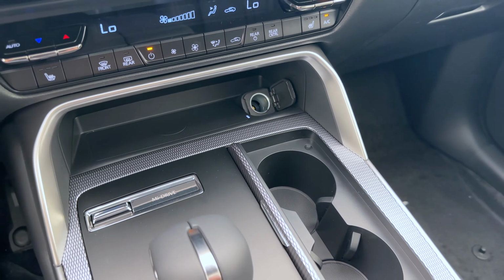This right here will turn on all the lights in this SUV. This button right here will keep the lights off when the doors are open. This one is for the passenger. And then you have the switch for the standard size sunroof. There is a glasses holder. Let's go ahead and open the